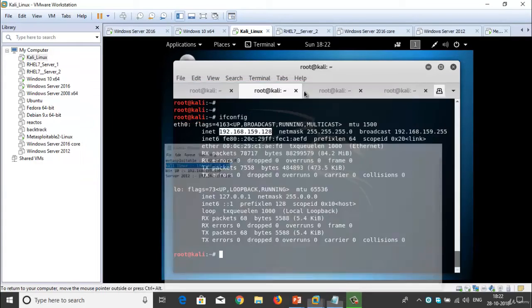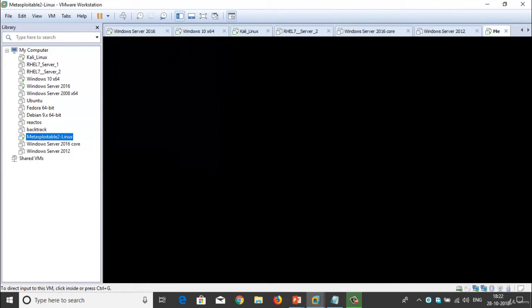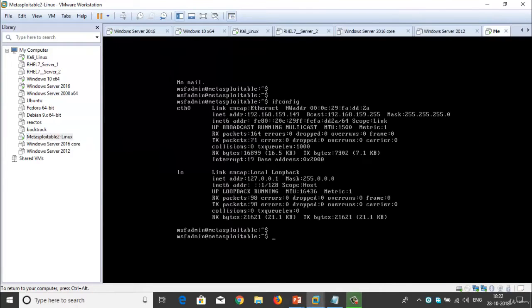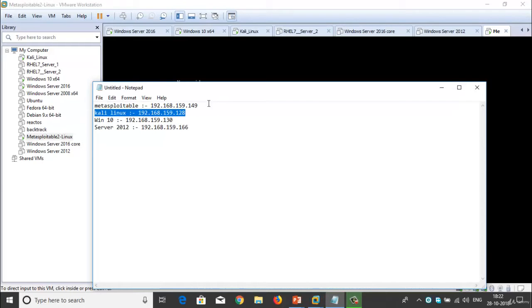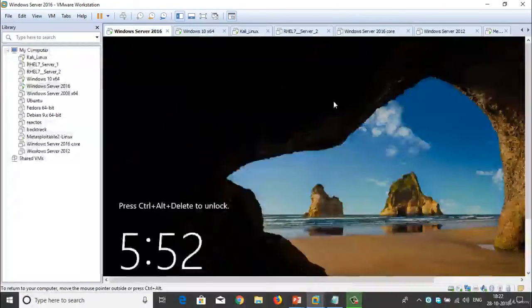You can see the same for Metasploitable. Metasploitable's IP address ends in 149. You can see 192.168.159.149. Here is the IP address for Metasploitable. And now go to the Windows Server 2016.